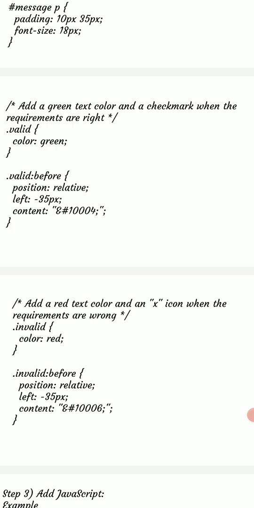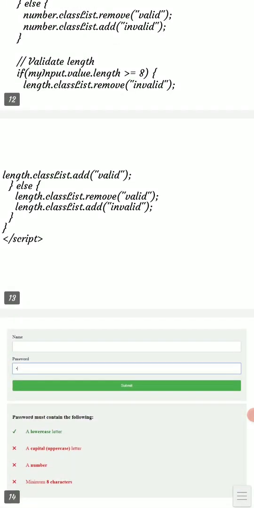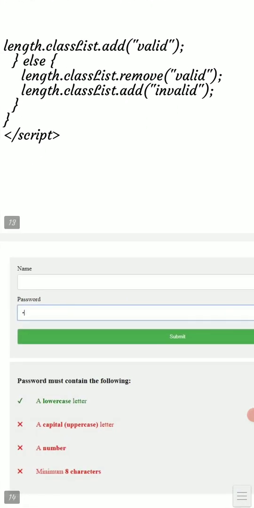Here you can see a lowercase letter is there, but a capital letter, a number, and a minimum of at least 8 characters are missing. So it will notify that green color is right and red color means this is missing.